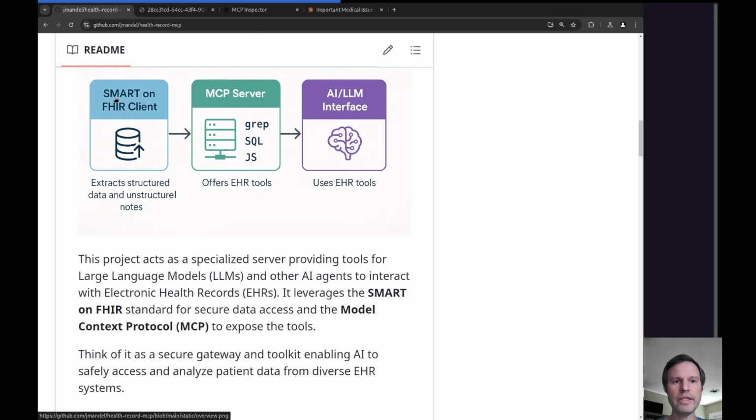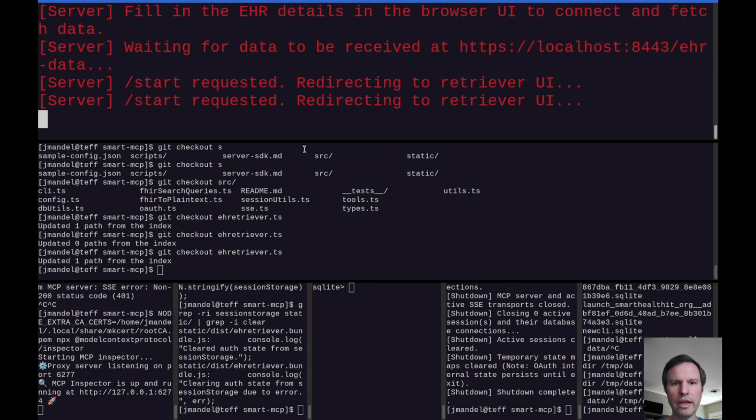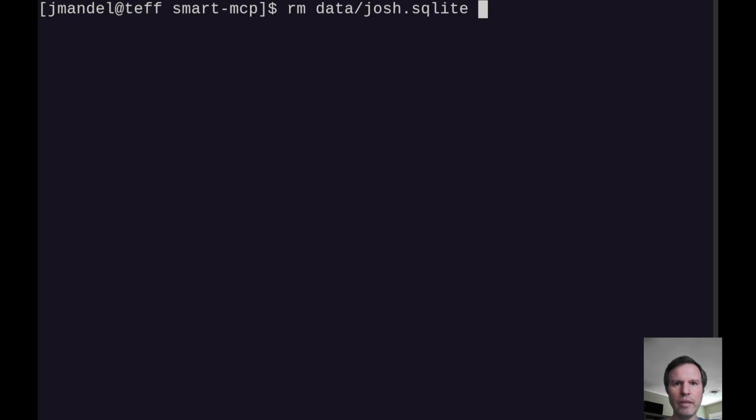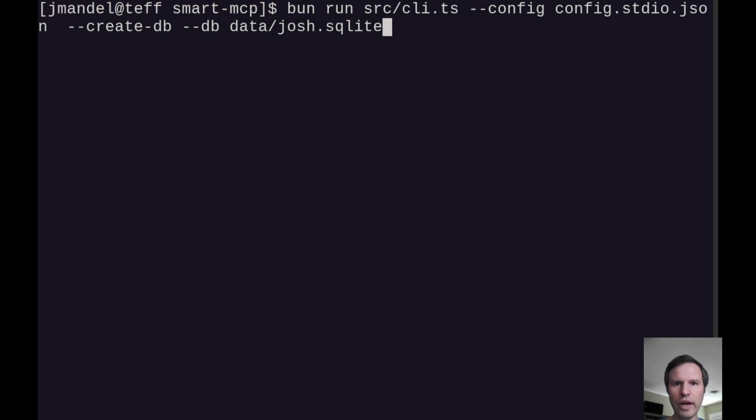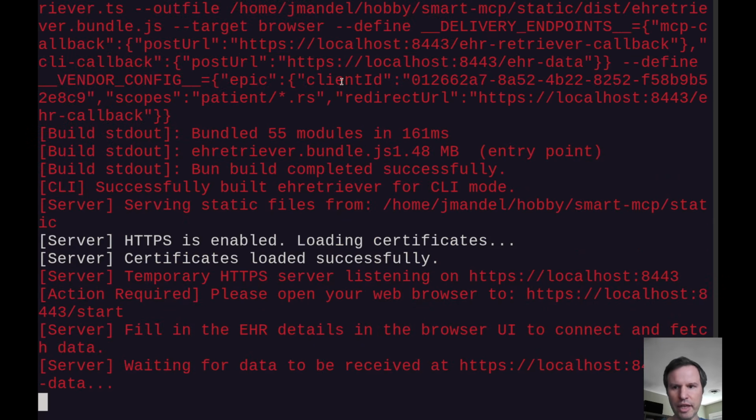But you could think of this same connector as being available for clinician-facing apps that are integrated right into the health record system. So I'm going to start things off by just clearing my local database here and running a command line tool that's going to allow me to create a new database where I'm going to put my whole health record into a SQLite file. And what this is going to do is launch a web server that I can open up in my local web browser here,